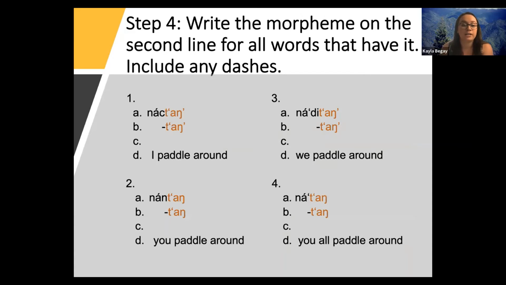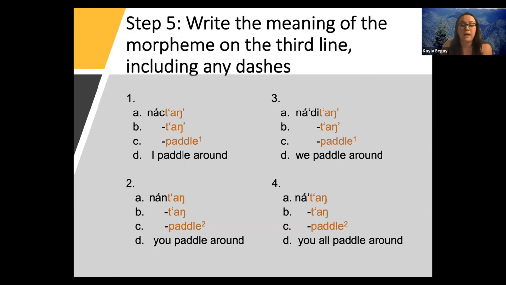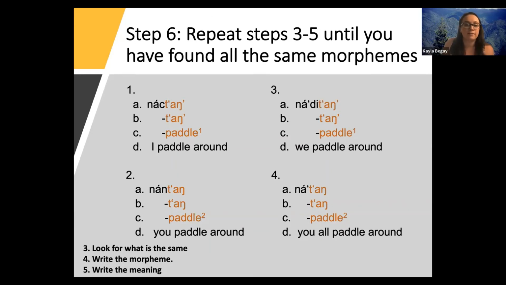So I've gone ahead and done this for what seems to be the root, and I'm going to go ahead and put paddle. Now I'm going to skip over something here just to say that Dene or Athabascan stems change shape a little bit. We could go through this process to figure out exactly how and why, but I'm skipping over that for now. Hopefully your language is a little less complicated, but sometimes you might have to suss that out a little bit. So I paddle, we paddle, you all paddle around, all has this tongue or a version of tongue, right? So I've written that down since we figured out that